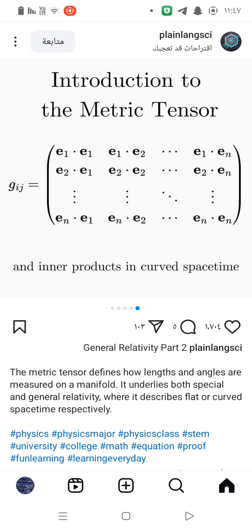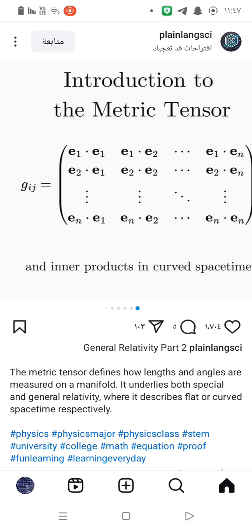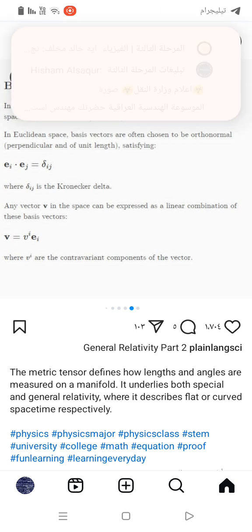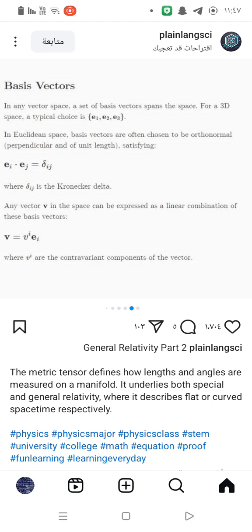And inner products in curved space-time. Basis vectors. In any vector space, a set of basis vectors spans the space. For 3D space, a typical choice is E1, E2, E3 in brackets. In Euclidean space, basis vectors are often chosen to be